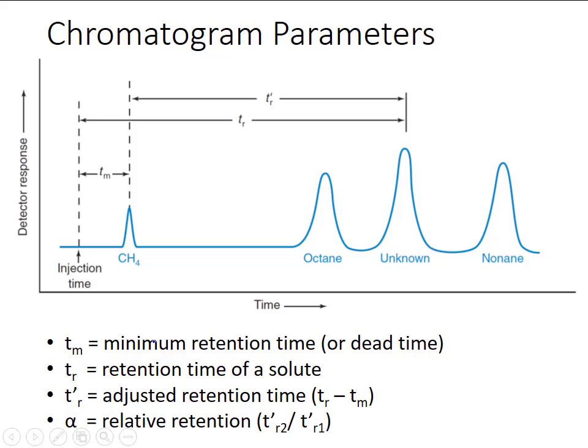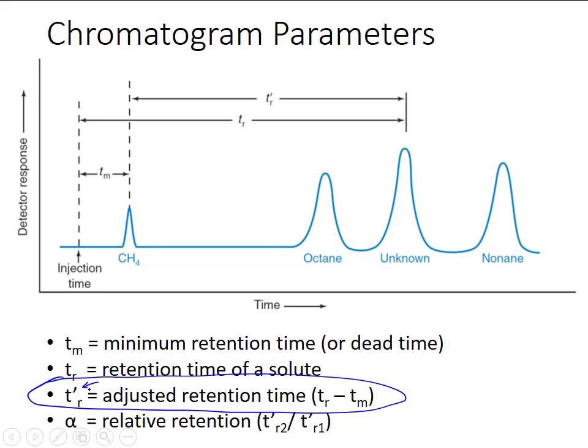Now let's take a look at chromatogram parameters in more depth. The chromatogram I'm showing here is for gas chromatography. So in this case, the unretained peak corresponds to methane gas. As I mentioned on the last slide, the retention time of a solute is defined by the difference between the injection time and the maximum for the given peak. But there is an additional parameter known as the adjusted retention time,